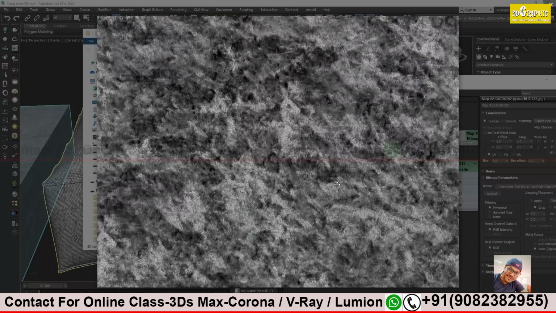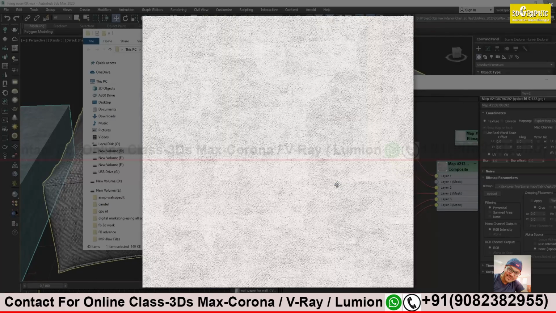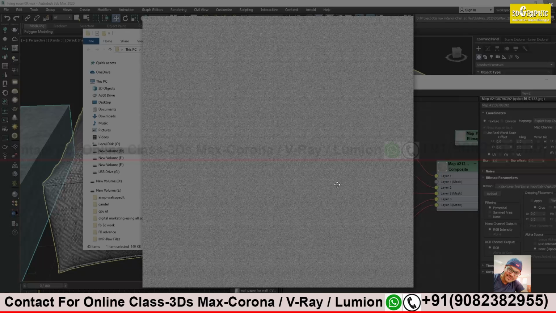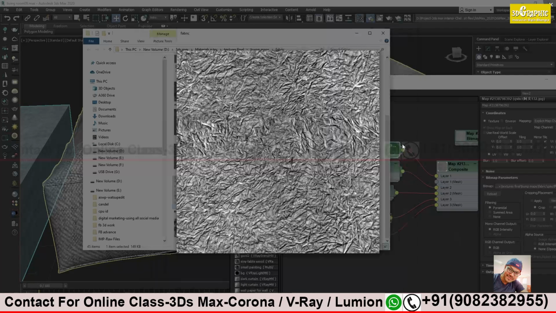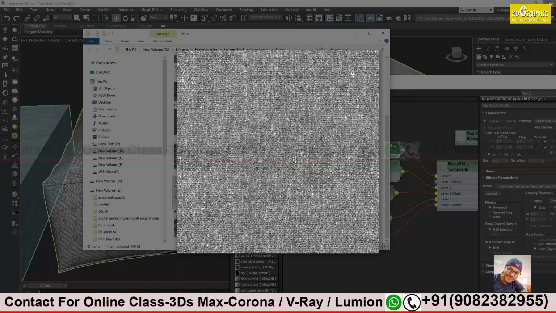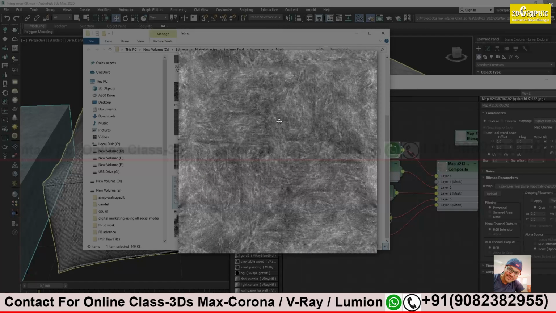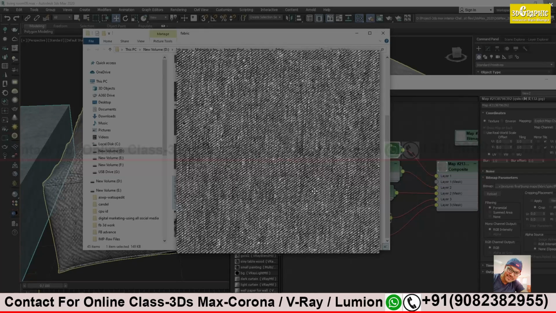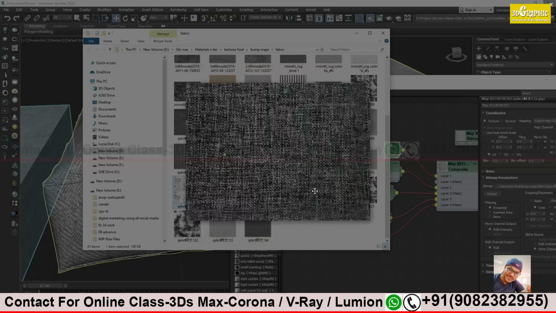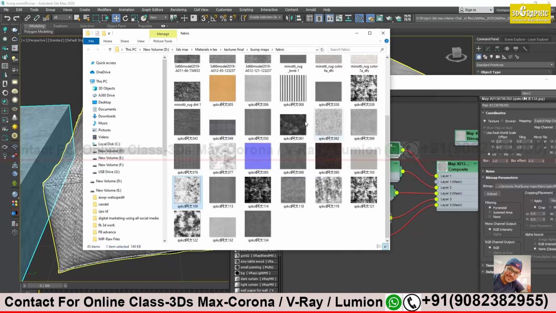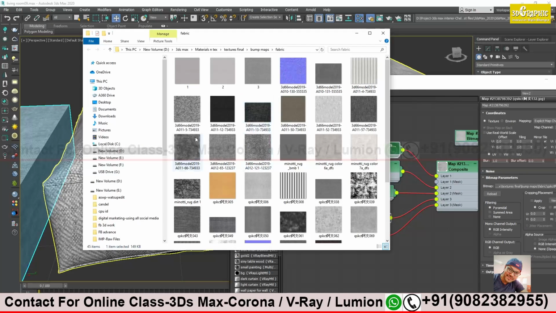This we have used. This is the same yellow color. Let's try this one. Wrinkles is there. Oh, we can try this one. This one looking nice. First, we need a pattern. That is a masking. This is a masking over here.